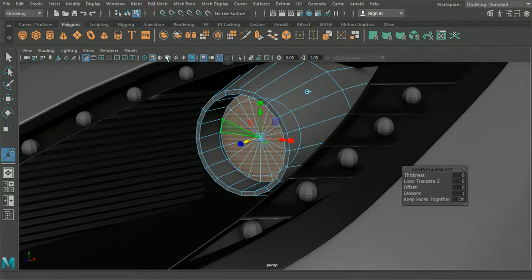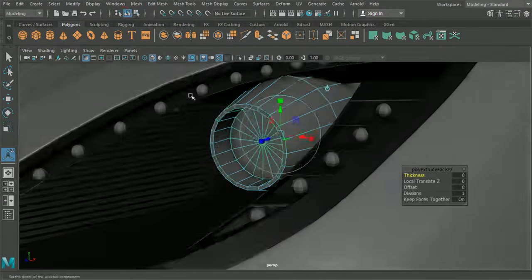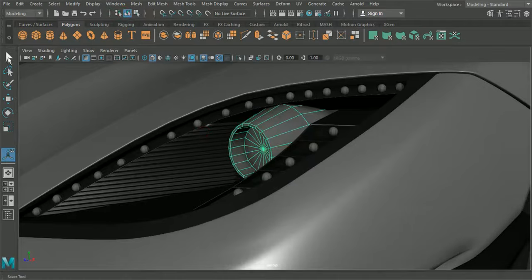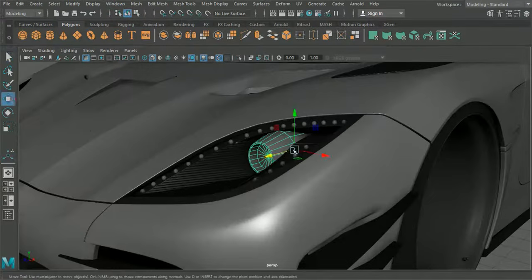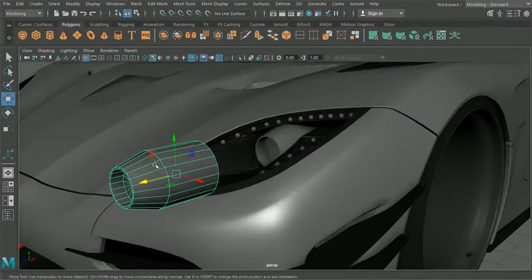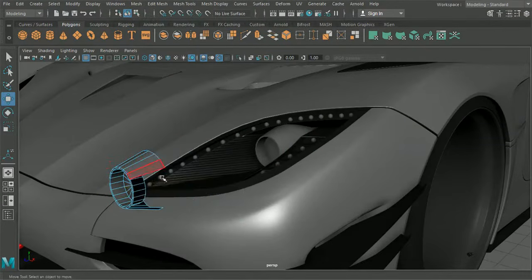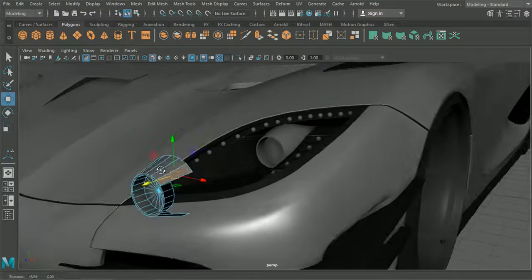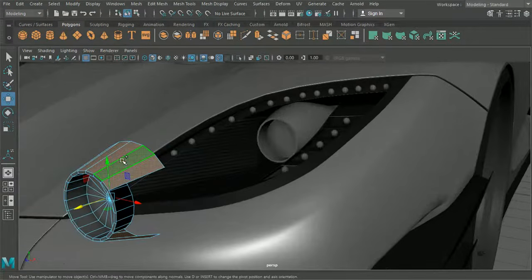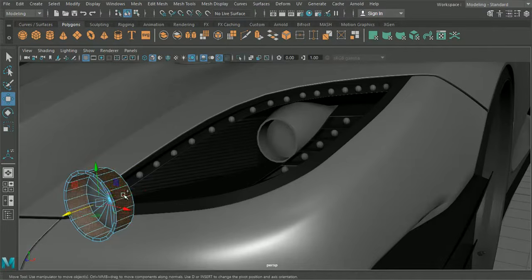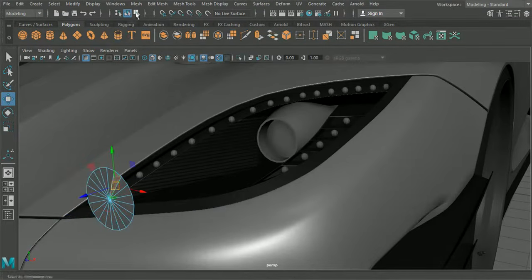Actually, what we'll do is we'll want to maintain what we've got there, so let's duplicate this real quick, and I'm going to delete everything apart from the inside face. So keep this section here.